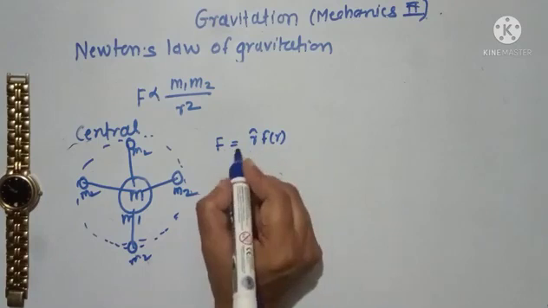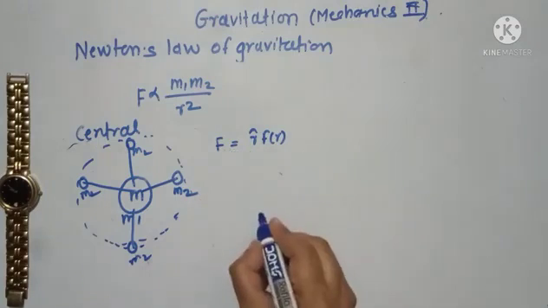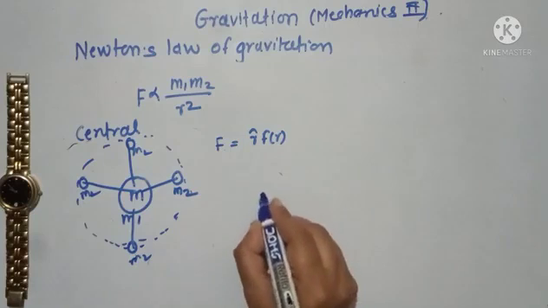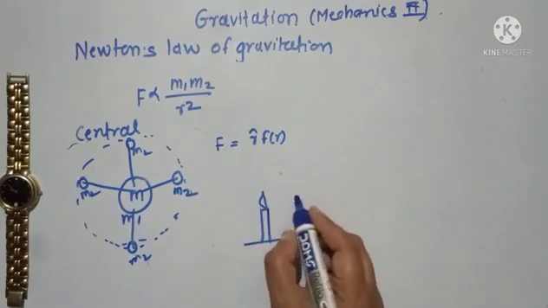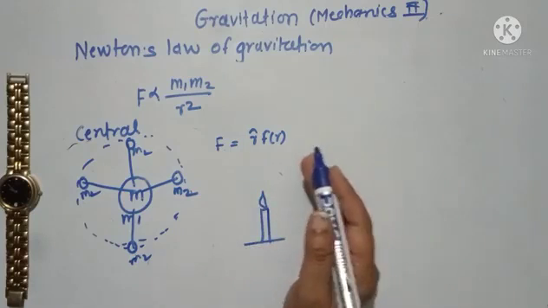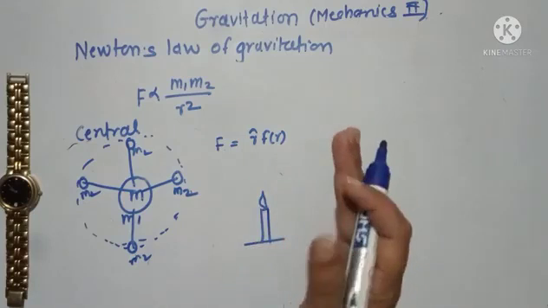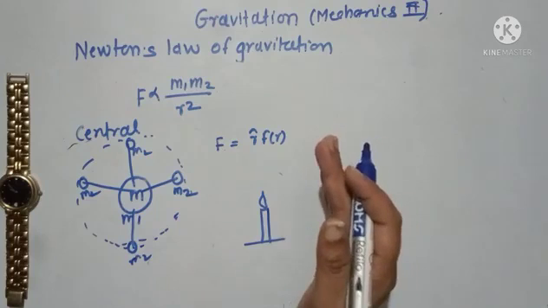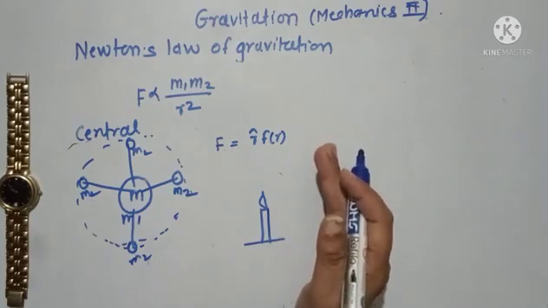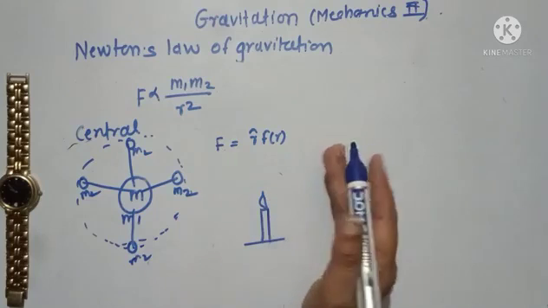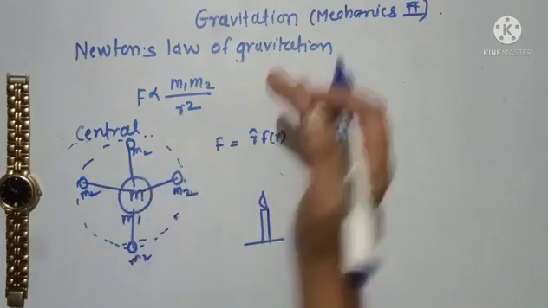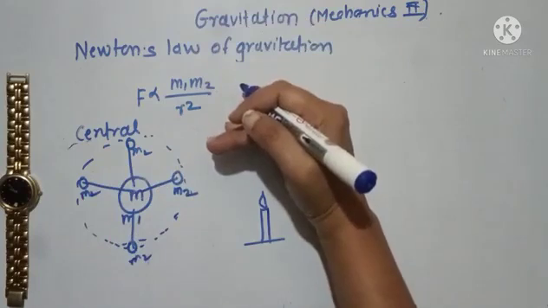So such types of forces are called central forces. For example, if you have a candle here, and you take your hand near this candle, the heat felt by your hand is a function of only the distance from this candle. Whether your hand is coming from this side, or this side, or this side,